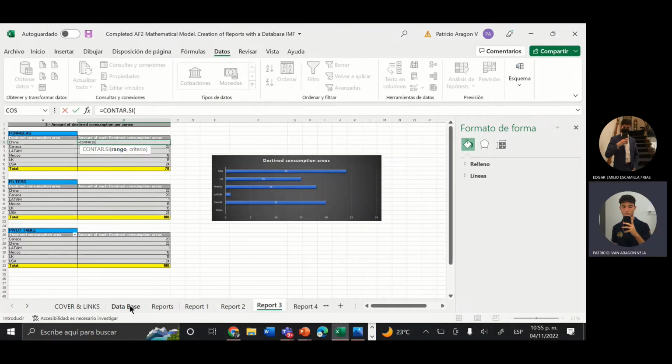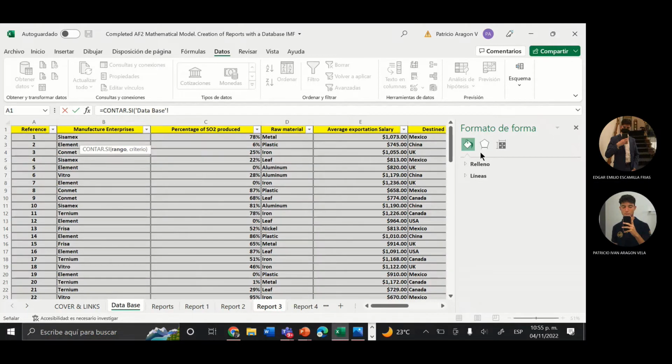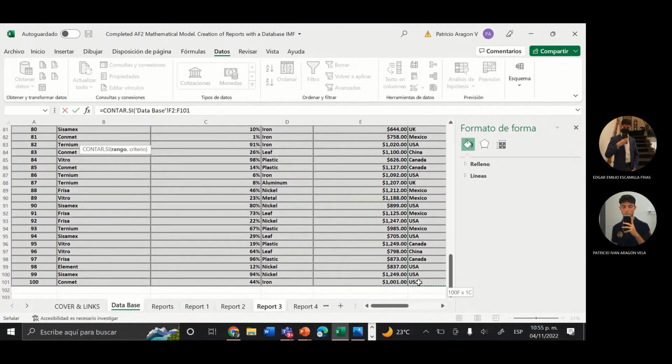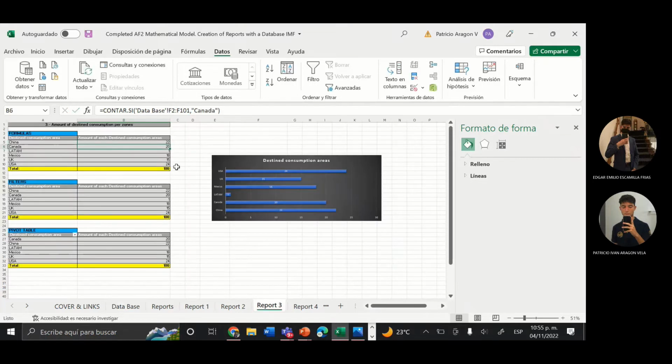Then we select the range. Then we put China, that is the data we are searching. Then for the other ones, we put the country we want and the